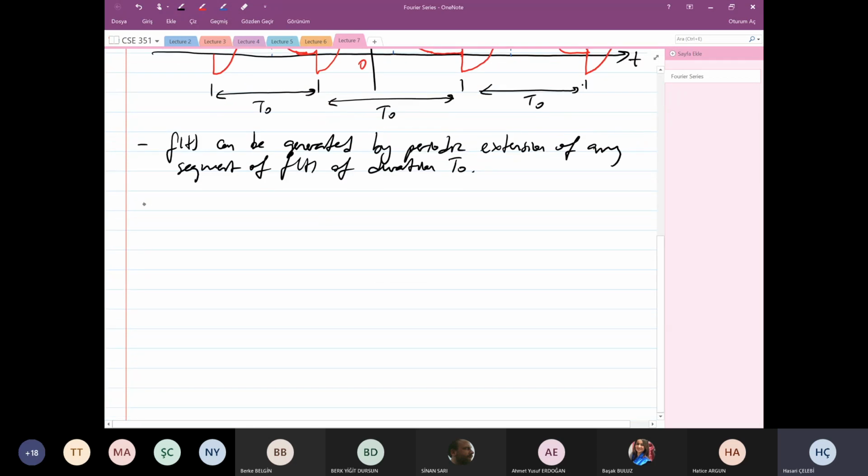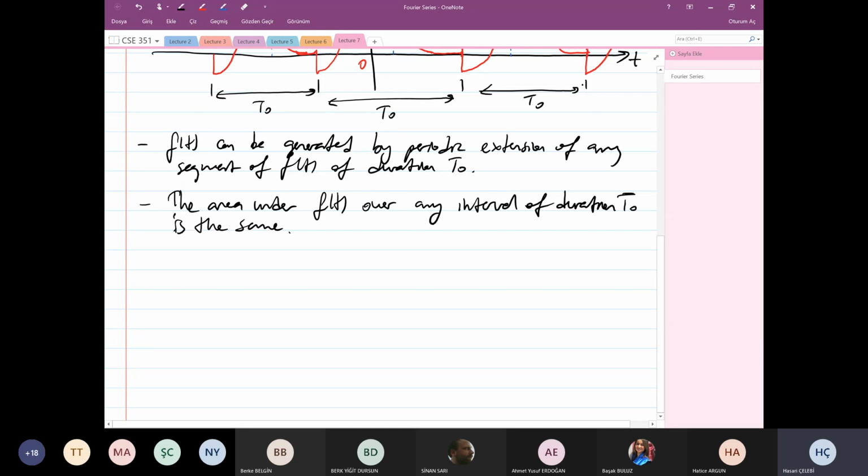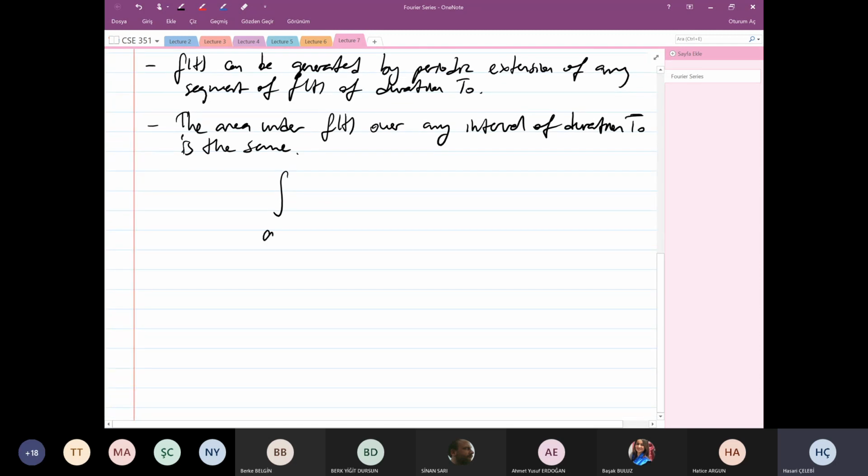Another property which is very important: the area under f of t over any interval of duration T0 is the same. Mathematically, this means if I take a segment from A up to A plus T0,